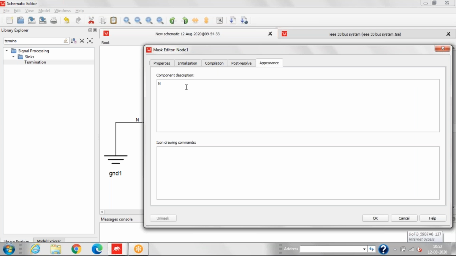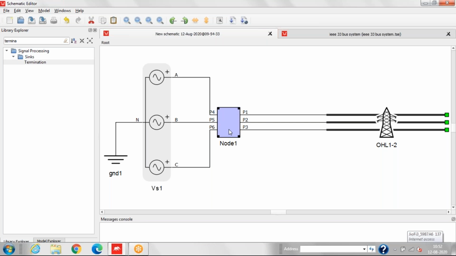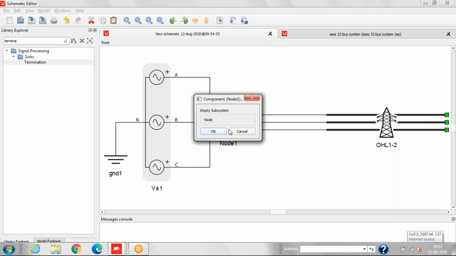This is node 1, or we can only define node. So if we double click on that, you can see that it's not opening. It's like having the property only node.